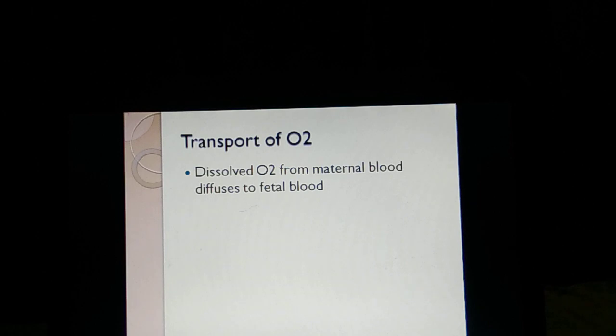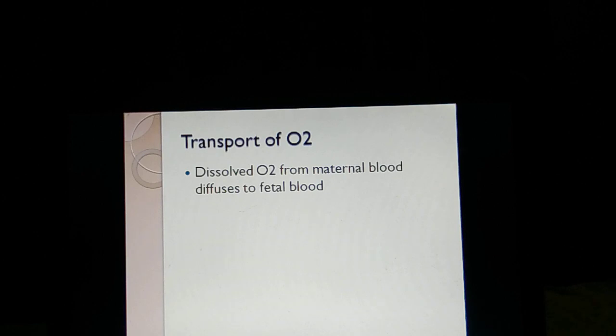First is the presence of fetal hemoglobin, which has high affinity for oxygen, and second is, as such, the concentration of hemoglobin is much higher in fetus. So this leads to the shift of oxygen hemoglobin dissociation curve to the left. The second important thing is the fetal blood coming to the placenta carries more amount of carbon dioxide, which is released into the maternal blood, and therefore the pH of the maternal blood is slightly acidic as compared to the fetal blood. So the oxygen hemoglobin dissociation curve of the mother shifts to the right.